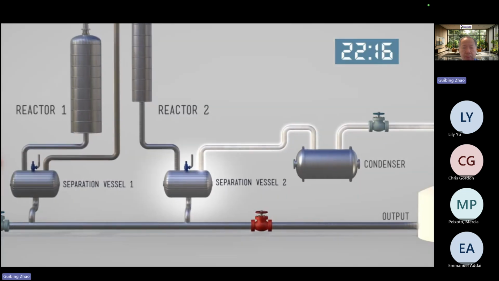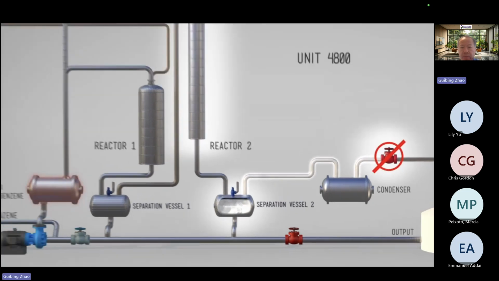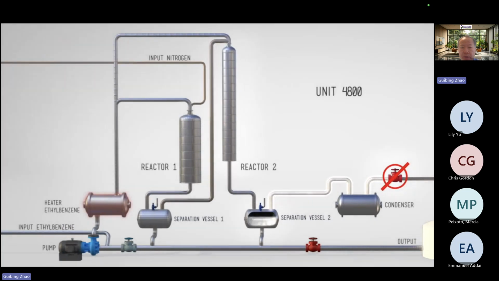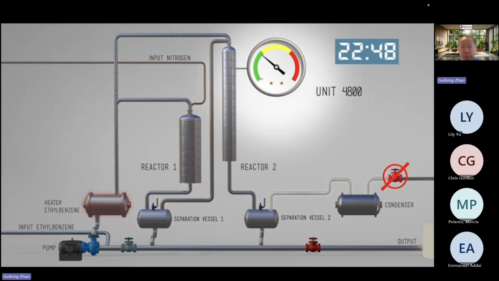At around 10:16, an automatic protection system was triggered that was designed to prevent liquid from entering the exhaust gas system. When the flow to the second reactor is reduced, the fluid level in the second separation vessel drops, but the valve remains closed. As a result, the gases in the system could no longer be released either. At 10:48, both the pressure and temperature had risen above the maximum level.